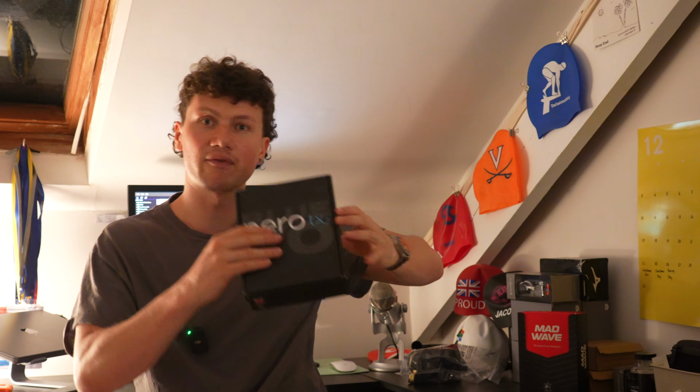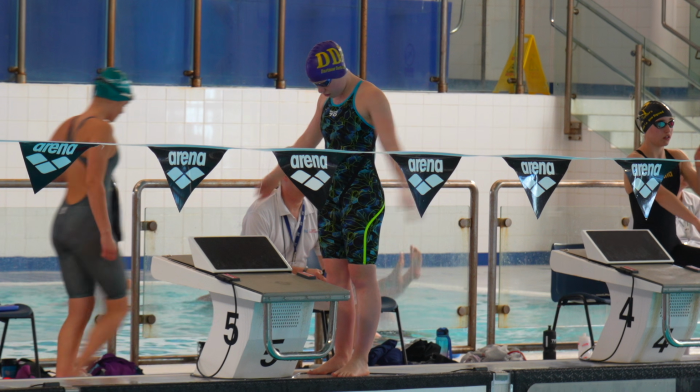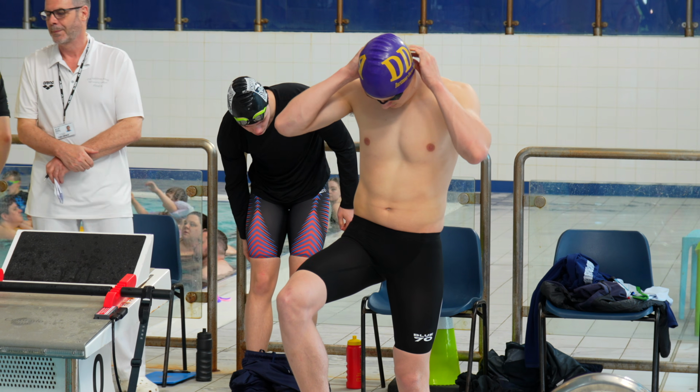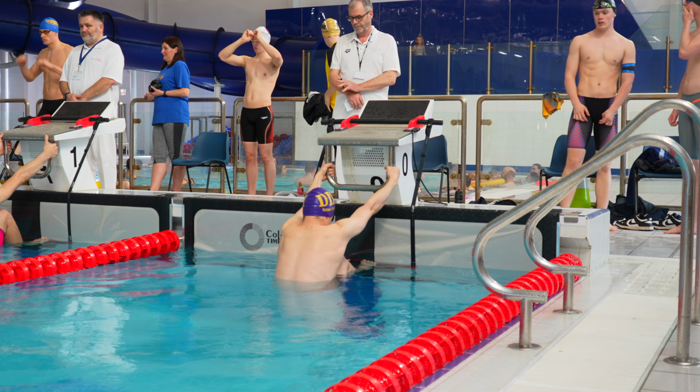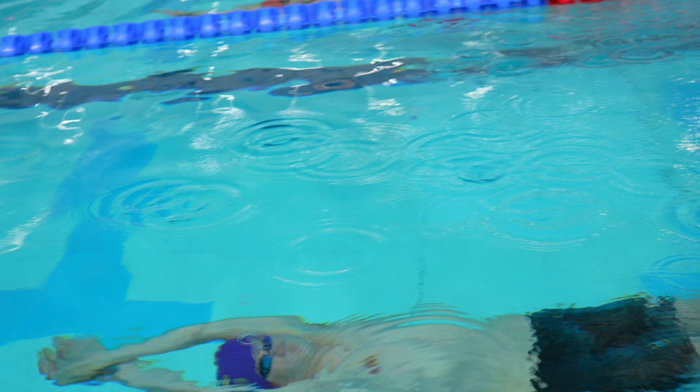And she was also testing out a new suit I've been sent, the Blueseventy Nero TX2, and I really like the women's design. For some reason the men's just comes in as black. You can see Harry wore it and tried it out as well, but the women's comes in all these crazy cool colours, and I will be doing a full review on this suit I think in the coming future,